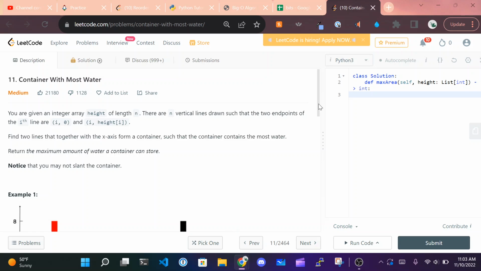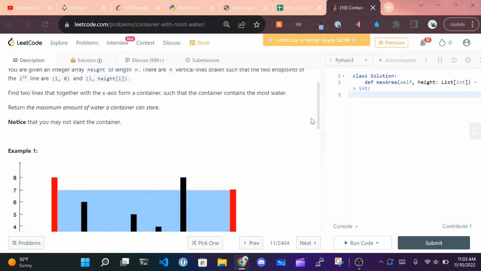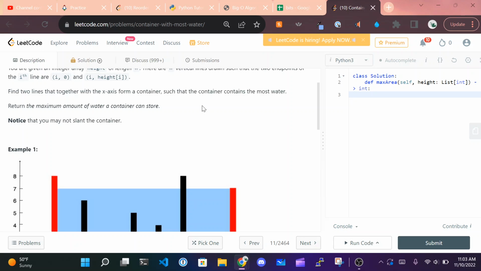They want you to find the two lines that together with the x-axis form a container such that the container contains the most water, and then return the maximum amount of water a container can store. And then notice that you cannot slant the container. Okay, so